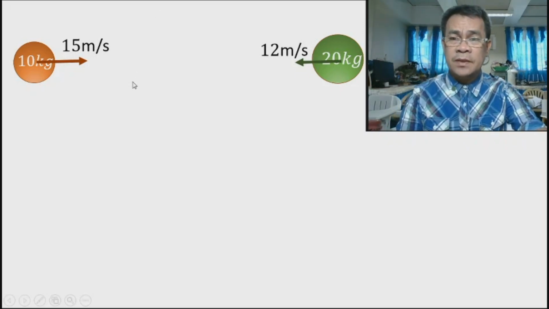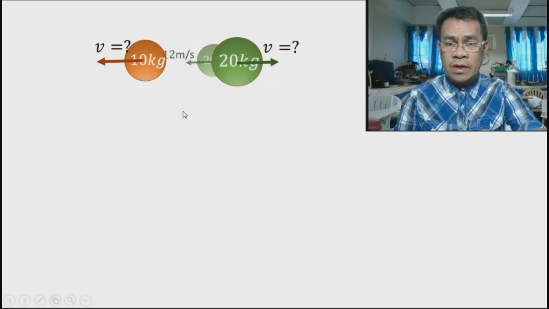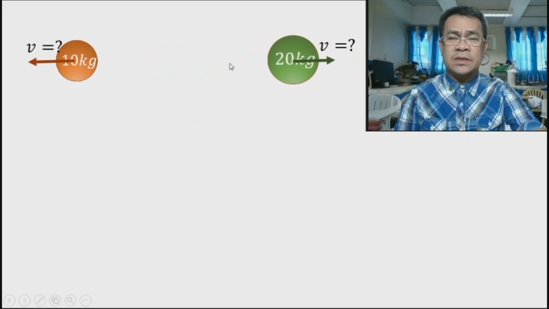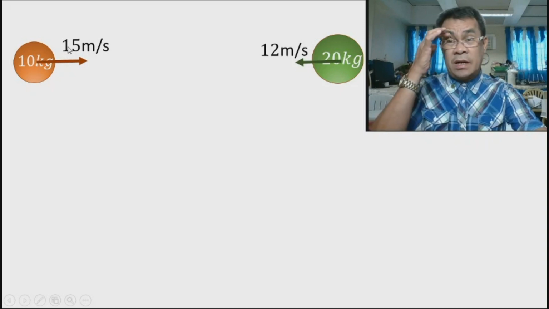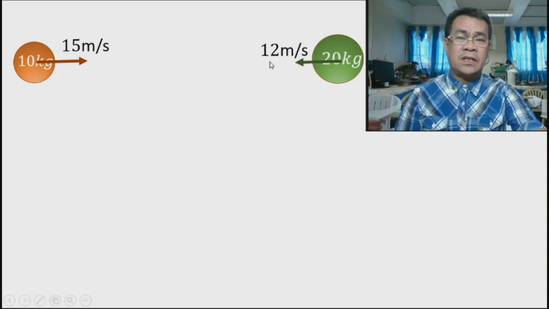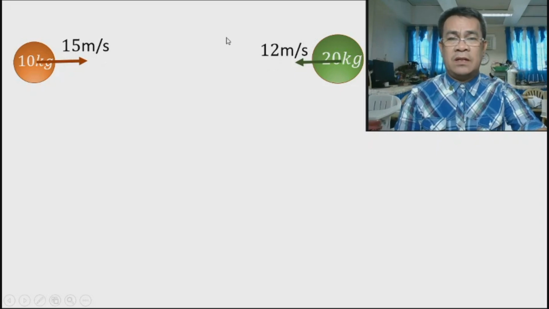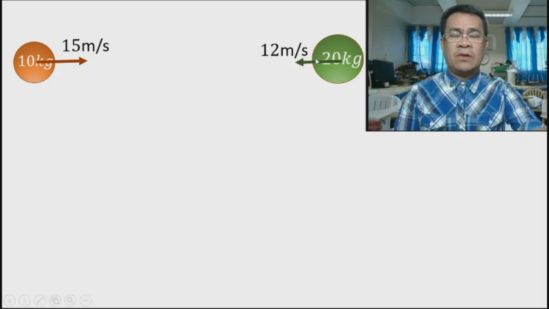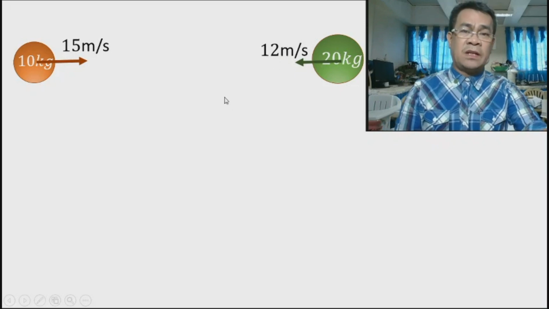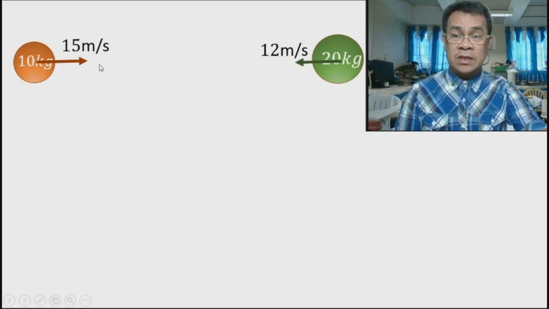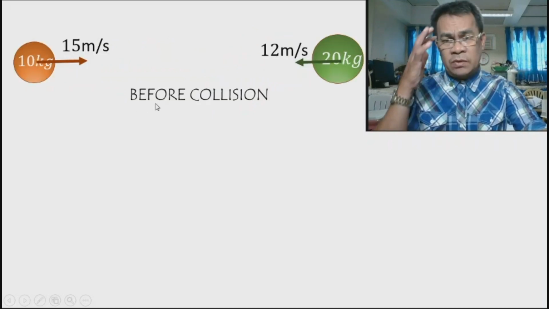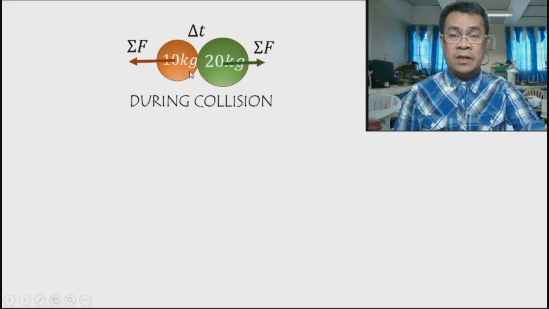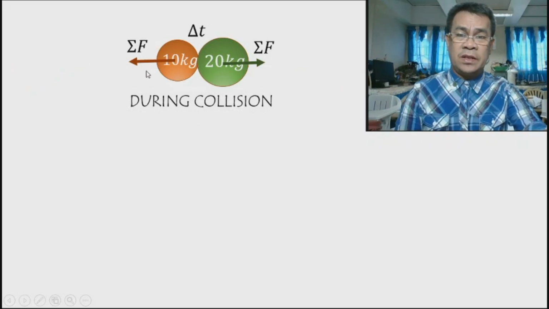So again, these will be the questions. If we have this 10 kilogram mass with a 15 meter per second velocity, and the other object of 20 kilograms with a velocity of 12 meters per second, after collision, what will be the velocity of the particles? This will be the before collision, and then we have the during collision. This is where the impulse